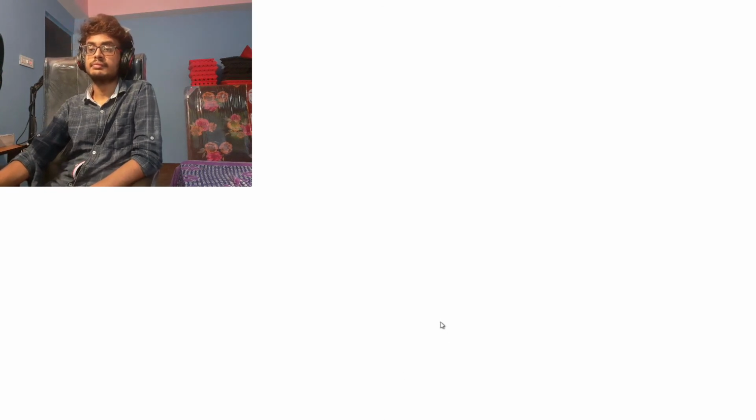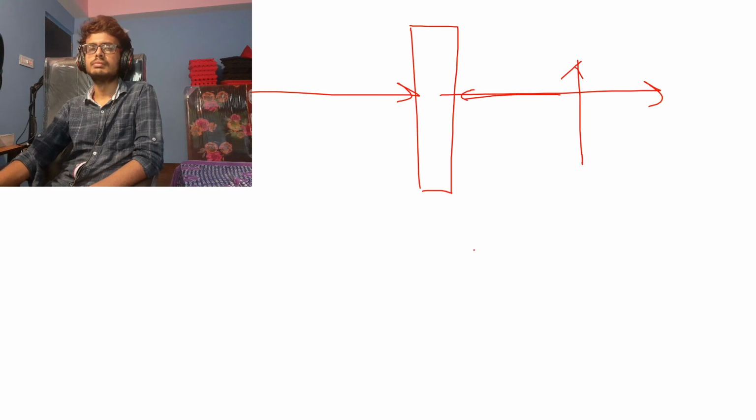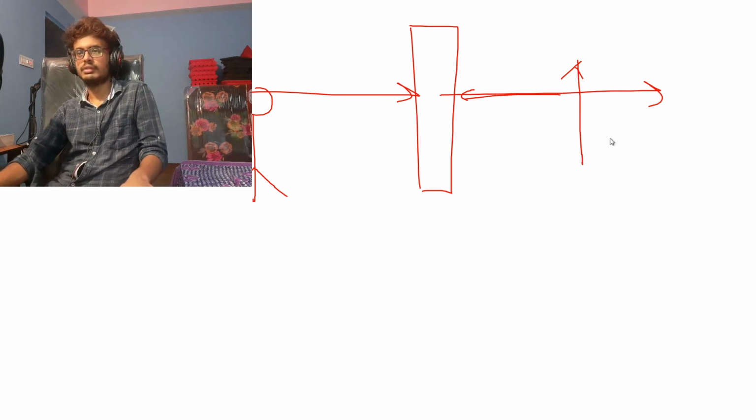So what is a plane mirror? What is a plane mirror? What is a mirror? When you look into the mirror, will the light go behind the mirror? Can someone standing behind the mirror see you? Come on, answer this. If you are standing in front of the mirror, can a person standing behind the mirror see you? Hello, can you hear me?